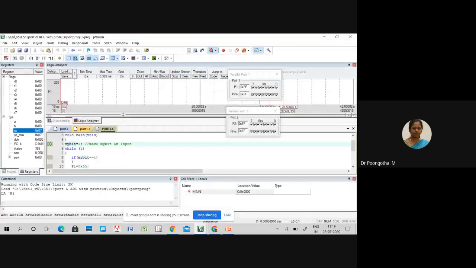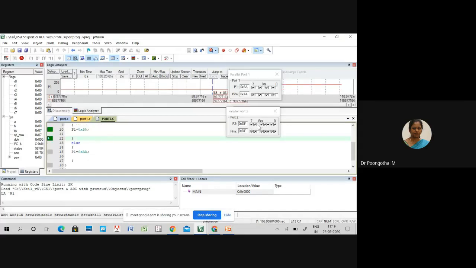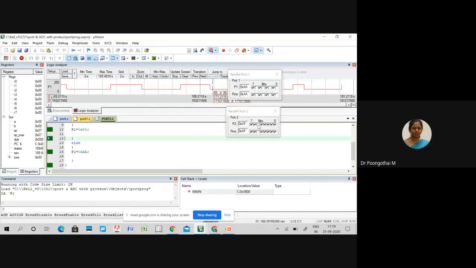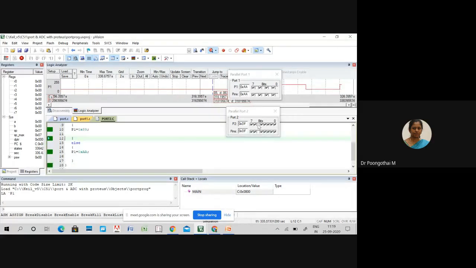So we have configured P2.7 as an input port. Just run this code and modify this particular port pin. This is your P2, from 2.0 to 2.7. So here is P2.5, I'm changing it. Based on the input, the content of the P1 register can be changed. So if the pin is high, P1 holds 55, otherwise AA.